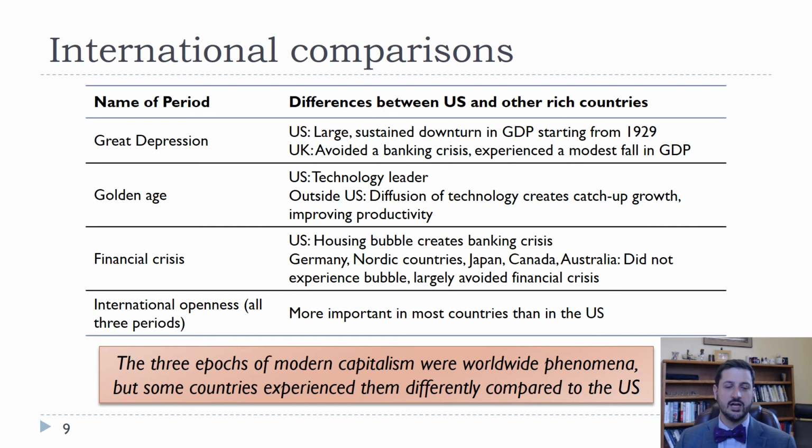And so international openness, so the trade between countries, is generally more important for most other countries than in the US. The US is a very large economy. Imports and exports are between 12 and 18% of GDP. But for other countries, it can be as high as 80% of GDP. Most of what they produce gets exported, and most of what they buy is imported. So we'll talk about the United States, but we also want to think about what was going on in those other